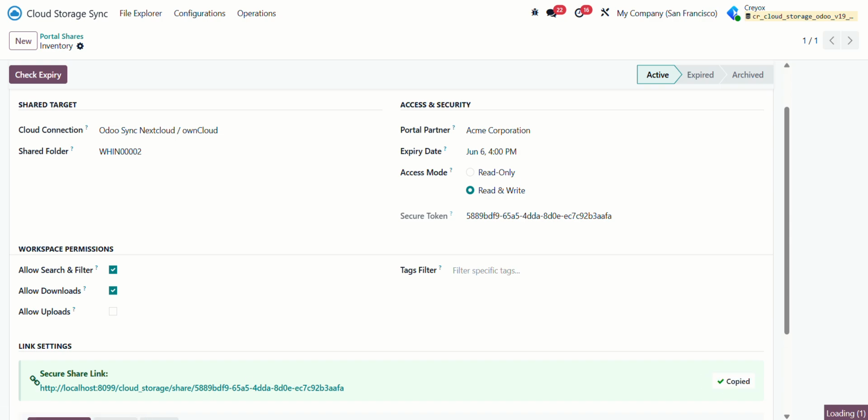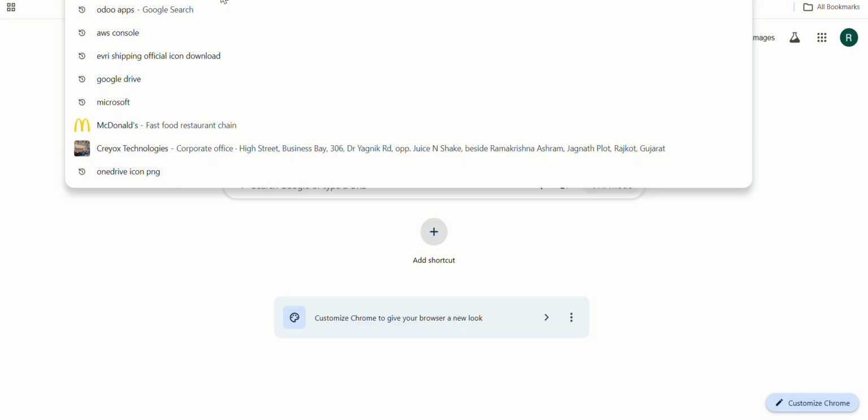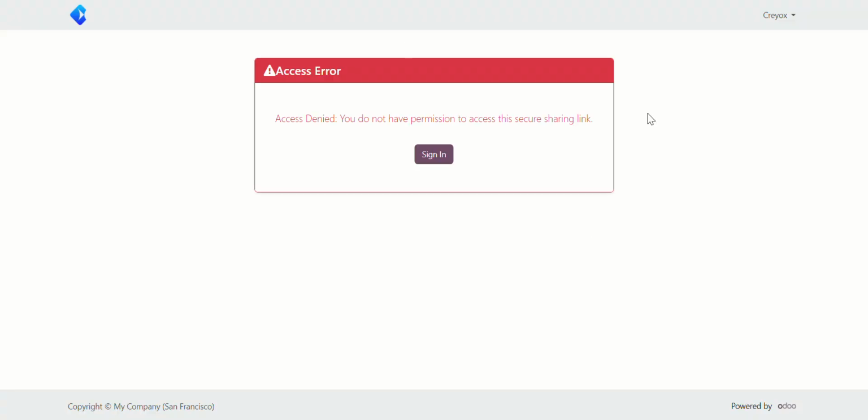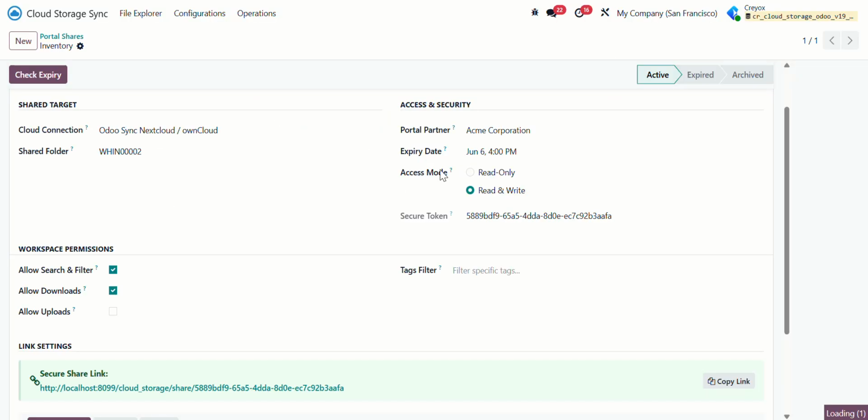If I copy it and go to that link, so you will see that the access is denied for this folder, because here this folder has been shared to only this specific user. So if I want this user allowed to be access to that folder, so the user should be logged in to the Odoo database, but currently I am logged in with my admin database, so for that reason the access is denied. Now if I remove the partner from here and save the changes,